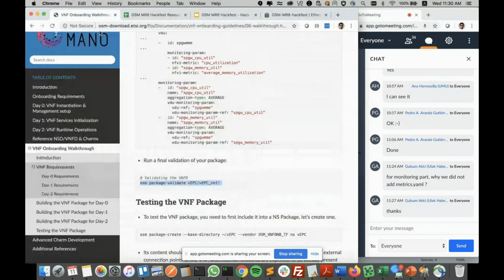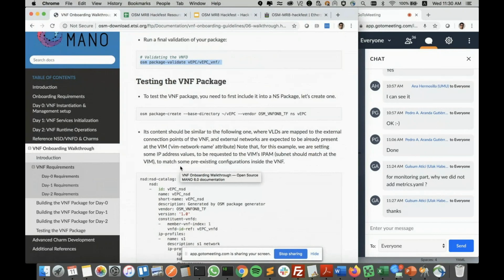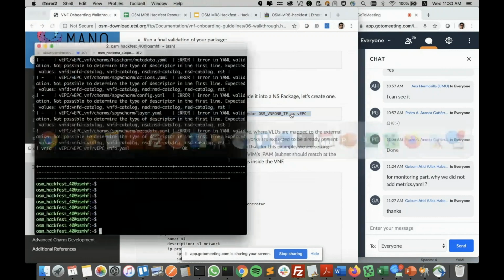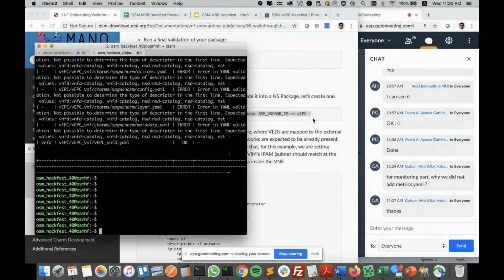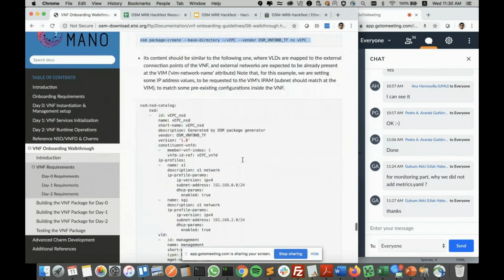The final phase is to actually launch this VNF package. To test it, we will need also an NSD, a network service descriptor, so we can create it with the package create command as well in the same directory, but instead of putting VNF, we put NS. I'm doing that. Okay, it's there. Now, the contents of the YAML